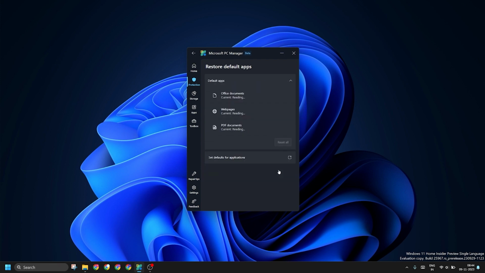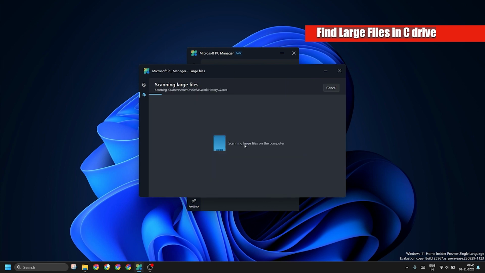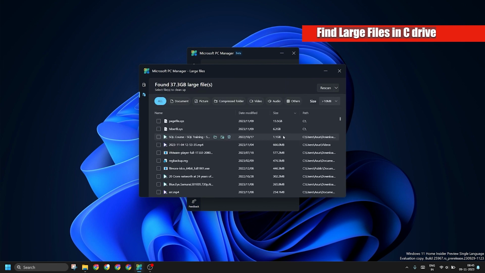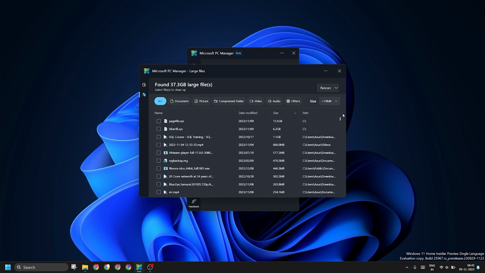You can also restore default apps, and you can see that it is always suggesting to use the Edge browser for most of the things, but I will avoid this because I use Chrome on my PC. The storage section has a new improvement in finding large files. Just click on it and select the drive you want to identify large files from, and it will start scanning for files. Most of the files you can see are the Hibernate file and the page.sys file, but